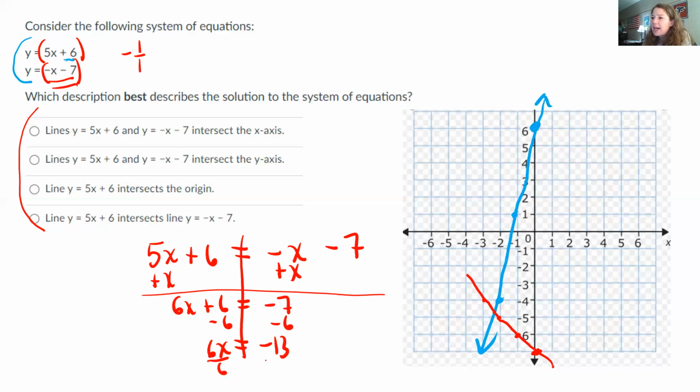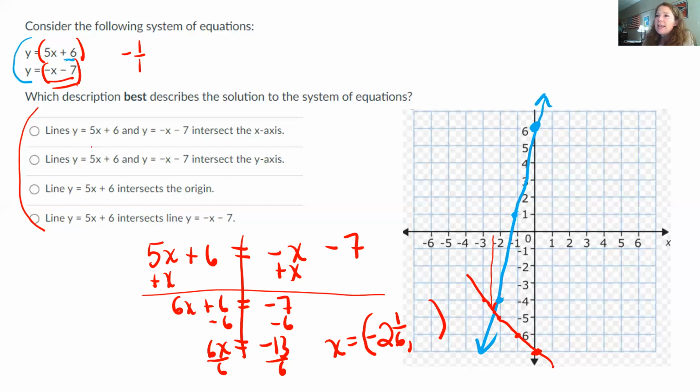And then when I divide both sides by 6, I get negative, what is it? About 2 1/6. Well, that makes sense because if you go left 2 and just a little bit, and then I go down, that's where I'm finding this intersection, isn't it? So as long as you can solve for x or y, you know there's at least one solution. Then I could plug in this and figure out what y is, but that's not the point. Let's see what these